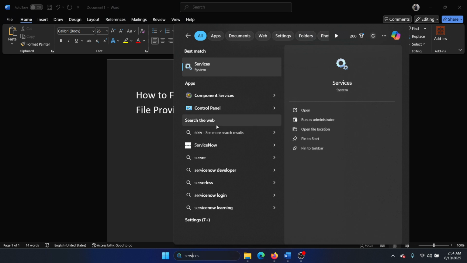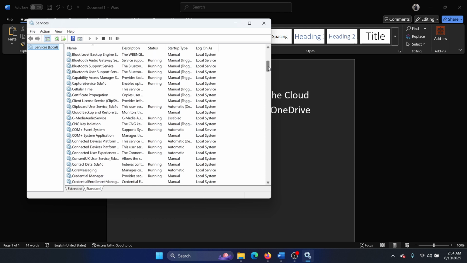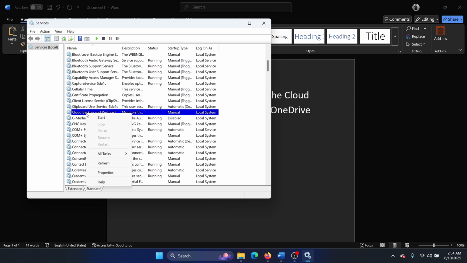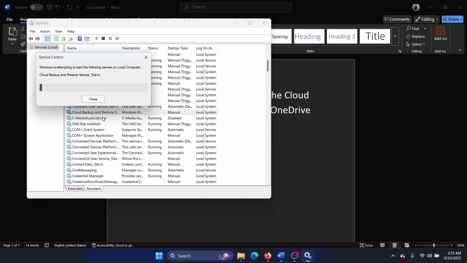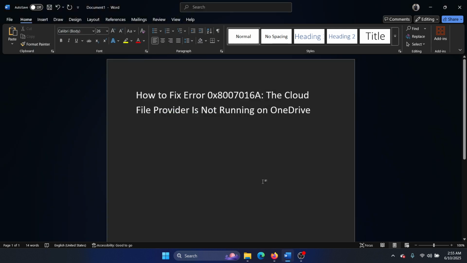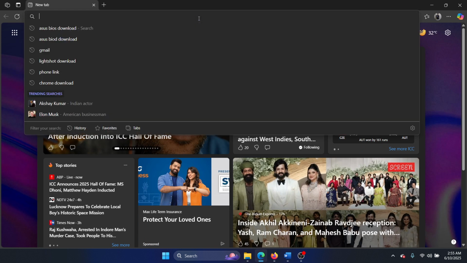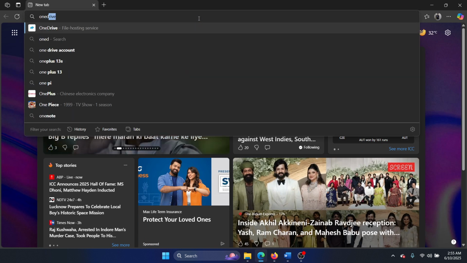Search for services in the Windows search bar and open the services window. Now you can scroll down to the cloud backup and restore service. Right click on it and start it if it is not started, and if it is, then you can restart it. Okay, and then if this doesn't help, then open your browser and search for OneDrive server